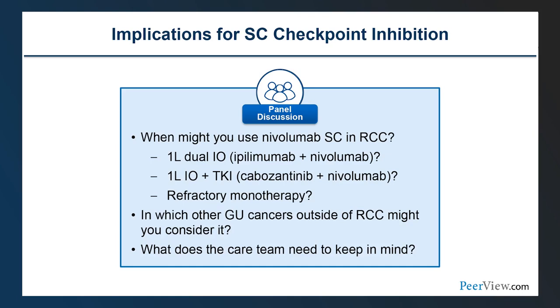If I'm going to be using nivo-ipi induction, I think probably I will wait until they go through that induction, and later on when they're in the maintenance phase of nivo, you might do the sub-Q nivo instead of the IV. I agree with you. At MD Anderson, as well as I'm sure at many academic centers, and especially not just in the US, but in the rest of the world. I mean, in Europe, I was talking to some colleagues in Europe. They are really,